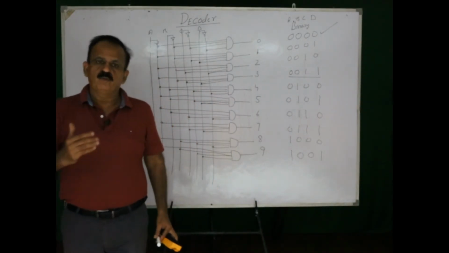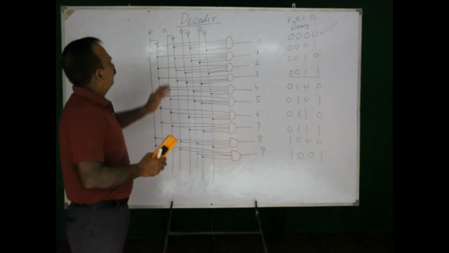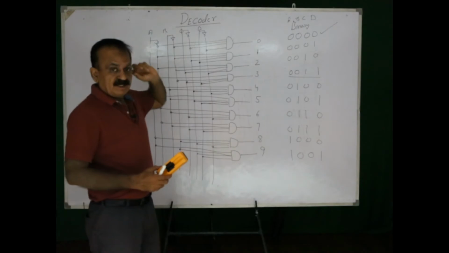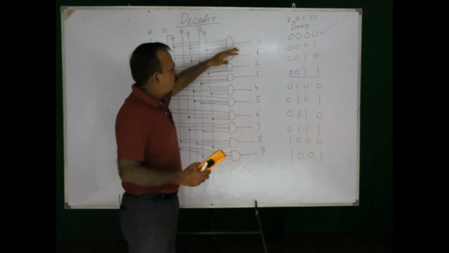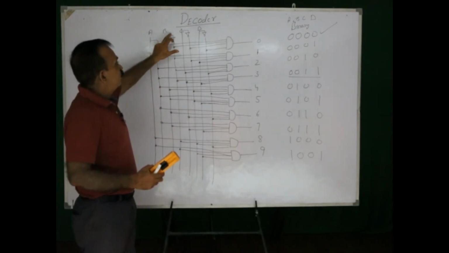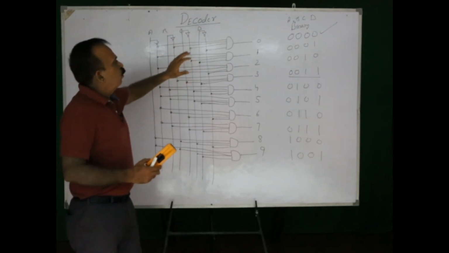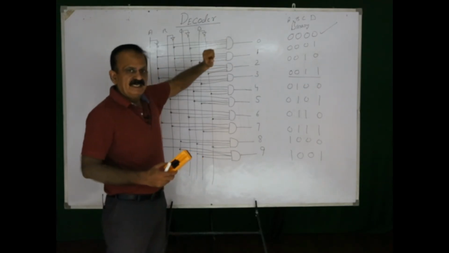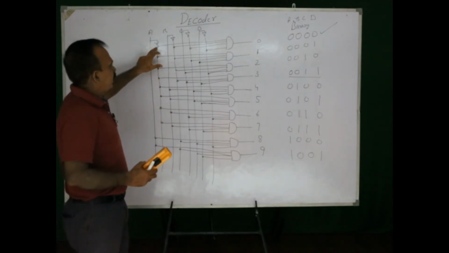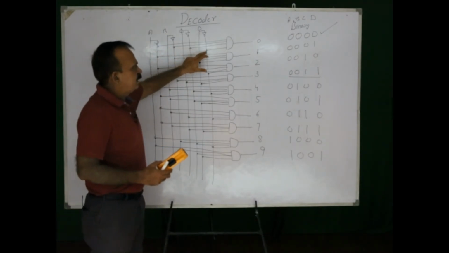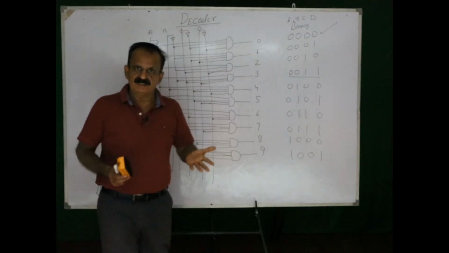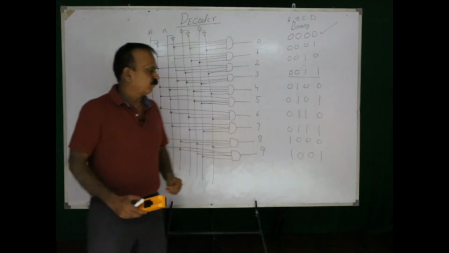Now, if we come to working of this one, if I give any of the binary number here positively, as per the fundamental product, input of any one of the gates will be high, like 0, 0, 0, 0. Only this gate will be having all inputs high, because this is connected to the fundamental product of 0. It will be A bar, B bar, C bar, D bar, all will be 1, and this value will be high, that will be representing the number 0.